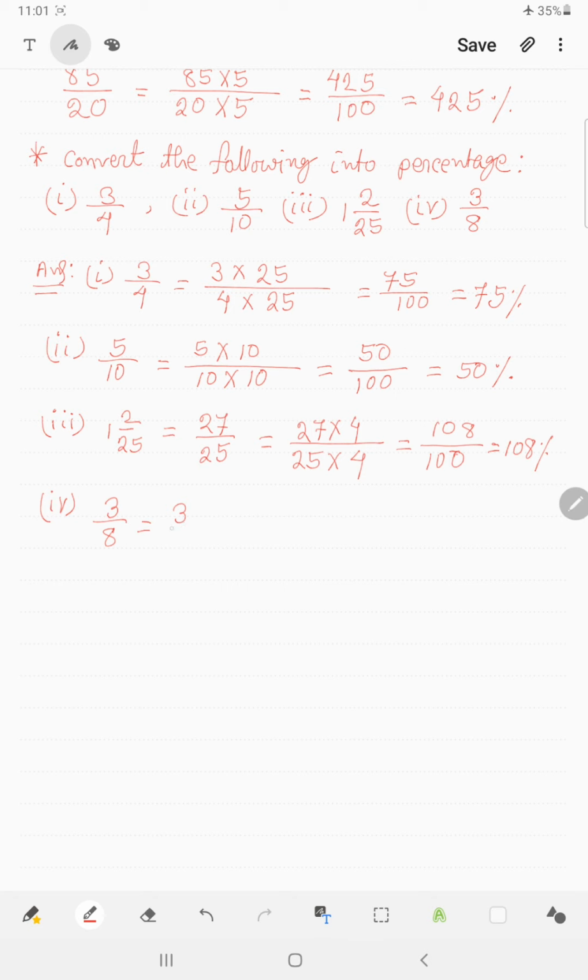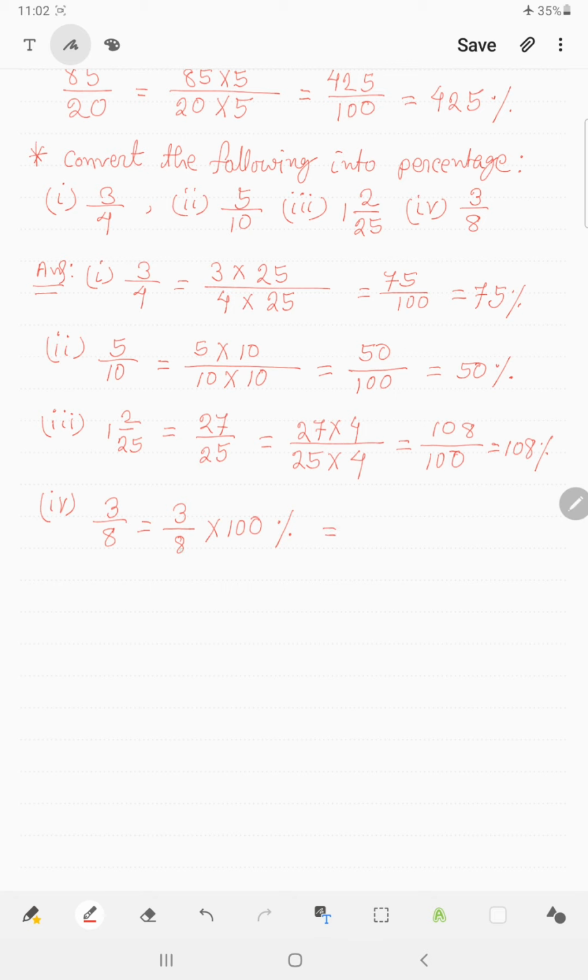But if this type of question is given, where you have to think something, at that time I am saying you can easily do this: 3 by 8, just multiply it by 100 and give here the percentage symbol. Okay, one more time I'm saying, if you have to convert any fraction or any number into percentage, no need to go through this method, this above whatever I have written. It is okay, it is correct, but a little bit lengthy. Directly you can do this: 3 by 8, just multiply by 100, then it will become percentage.